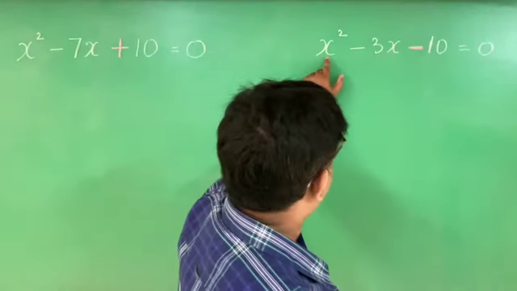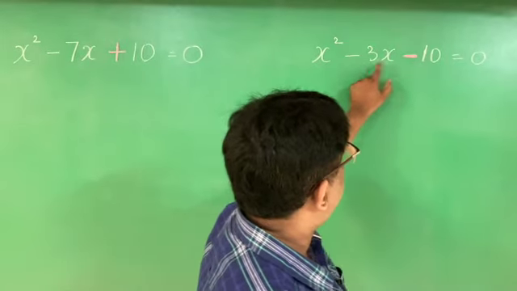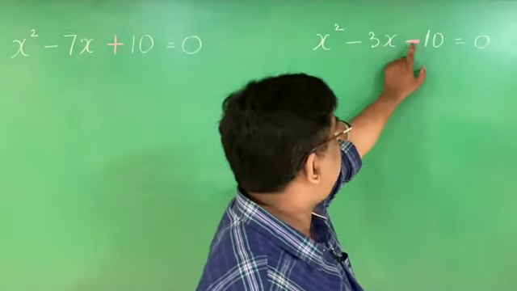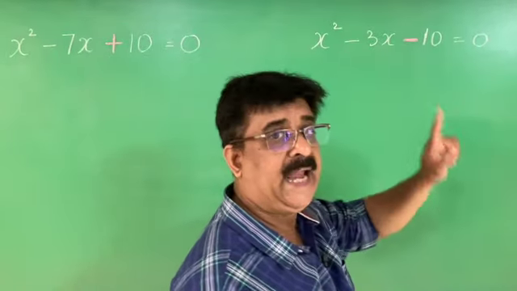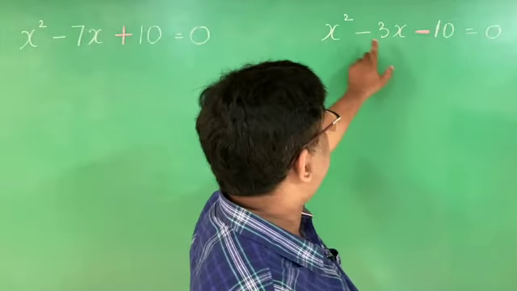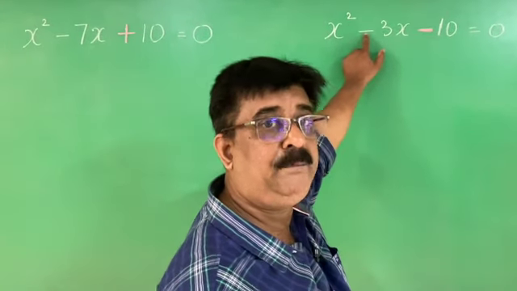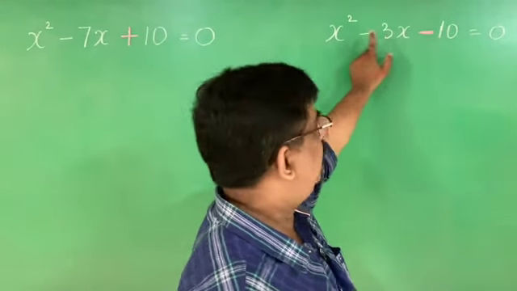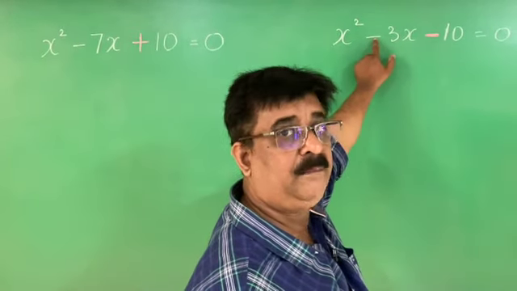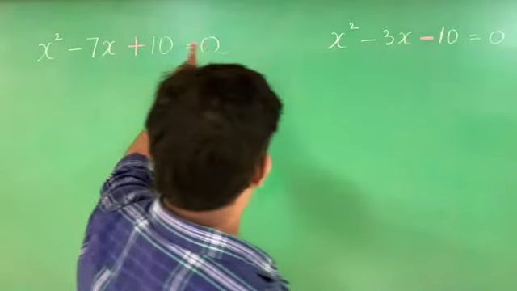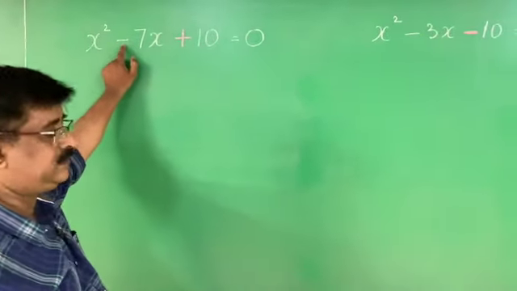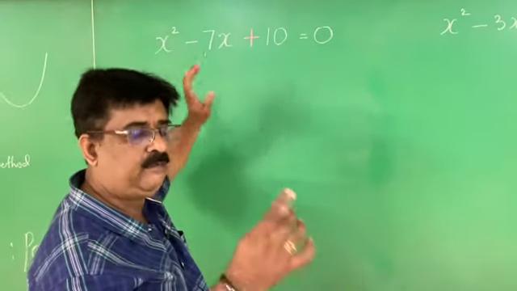This is the quadratic number, linear number, constant. Identify the sign of the constant. If it is minus, you have to subtract the factors to obtain the linear term. And in that case, the sign of the linear term should be given for the bigger number, and if it is plus, the sign of the linear number is given for both the numbers. I solve and show you.